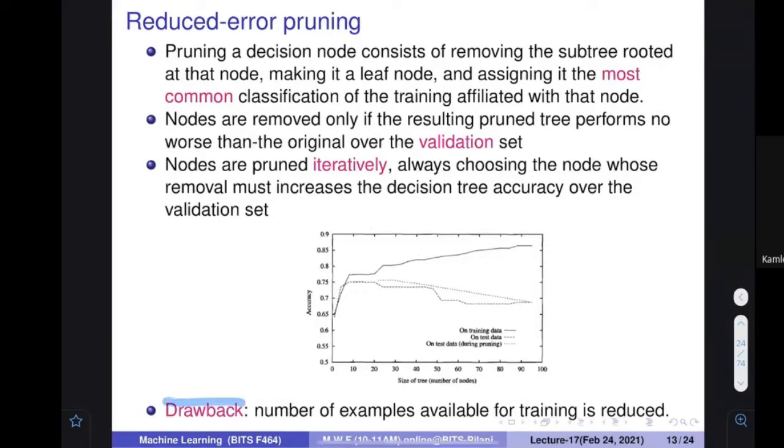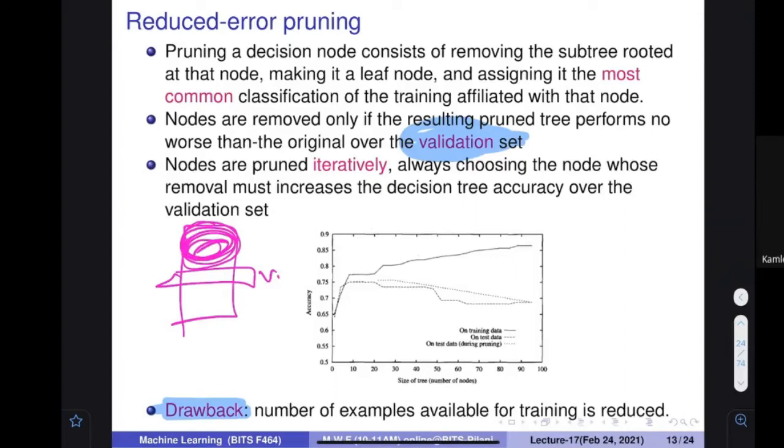However, there is a small drawback to this approach: you have to use a validation set, and since you keep some of the given examples for validation, the number of examples used for training gets reduced. Most of the time the number of training examples is not extremely large, so it becomes very difficult to go ahead with this. Separating this data sometimes is not a good idea. If you separate something for a validation set, this kind of problem could be there: you have less data for training.